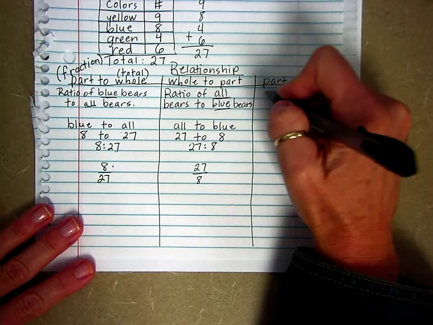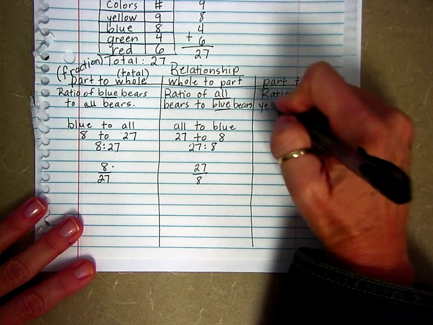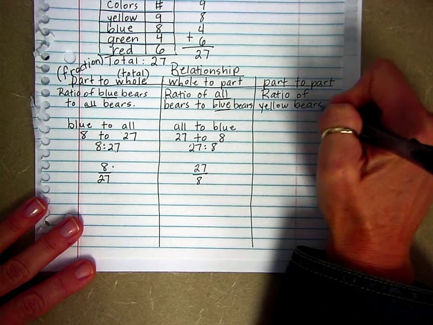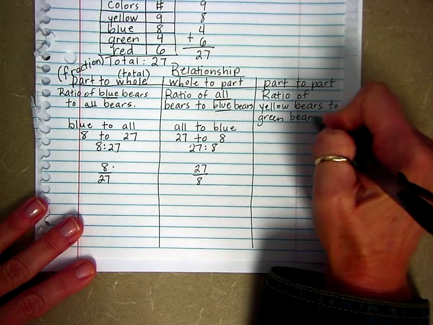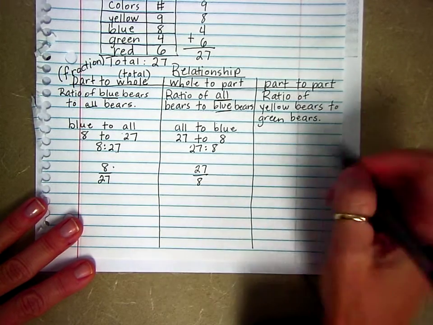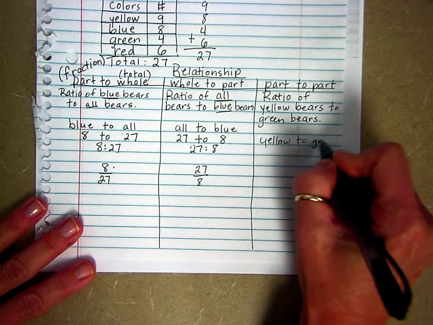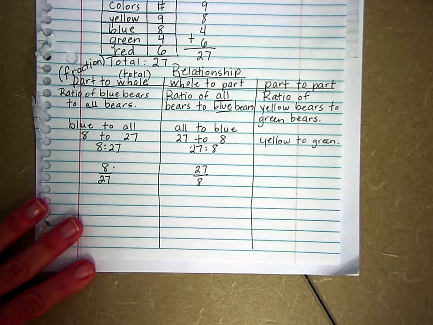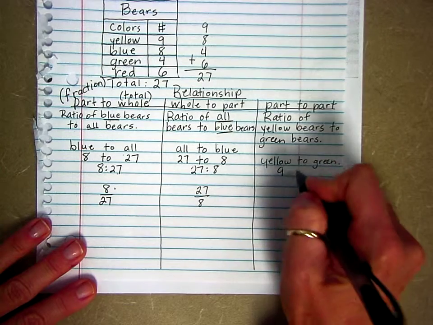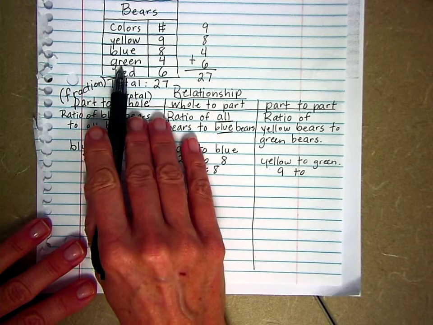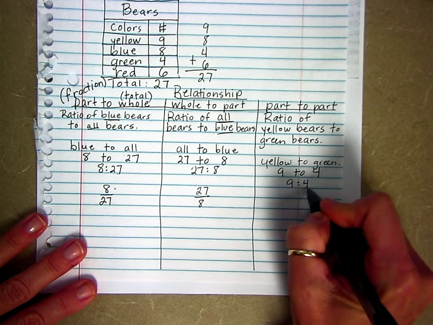All right, let's look at one more example. Ratio of yellow bears to green bears. Okay, so we literally have to keep it in this order. We're comparing yellow to green. Well, how many yellow bears are there? So I look at my table, there's 9. How many green bears are there? Green's right here. 9 to 4. We can write it with a colon, 9 to 4, or we can